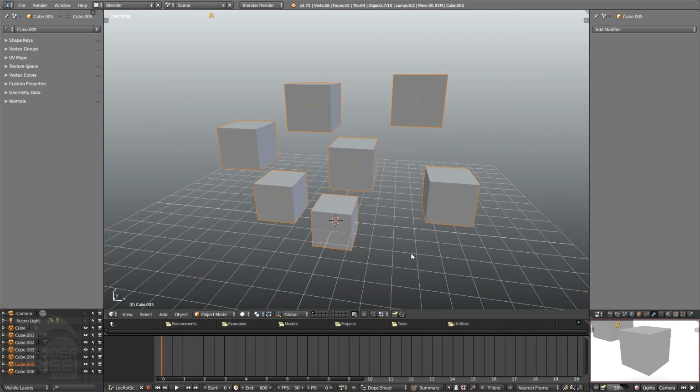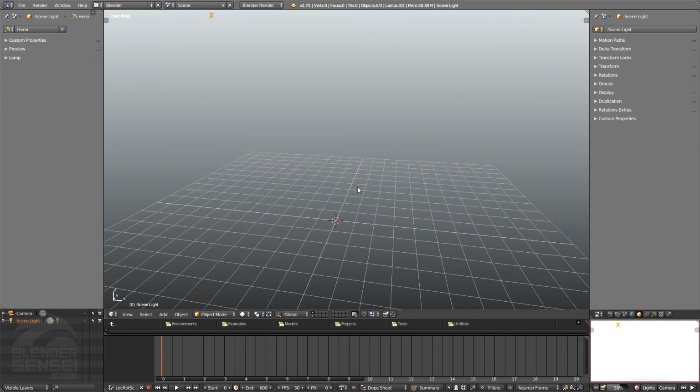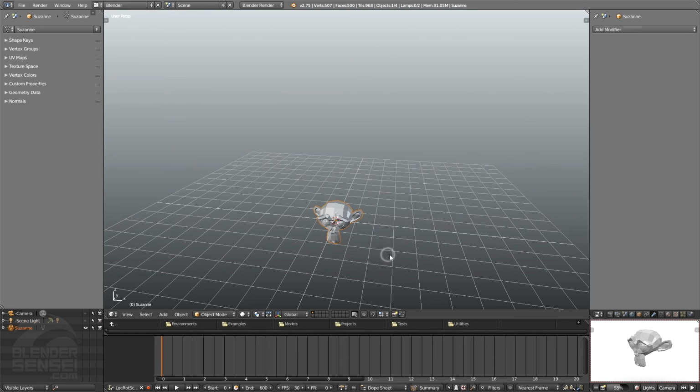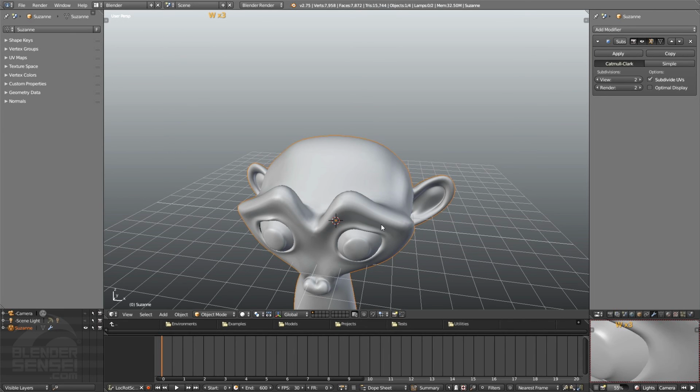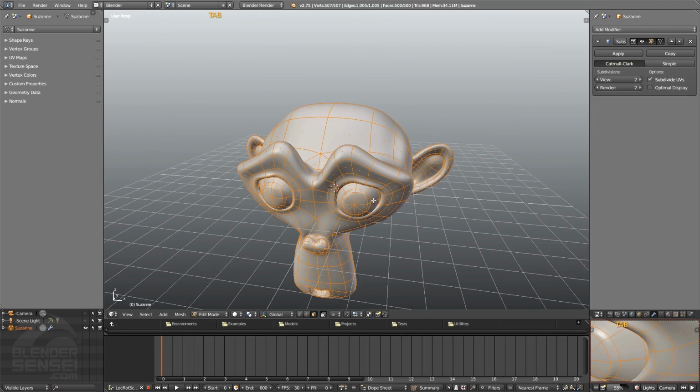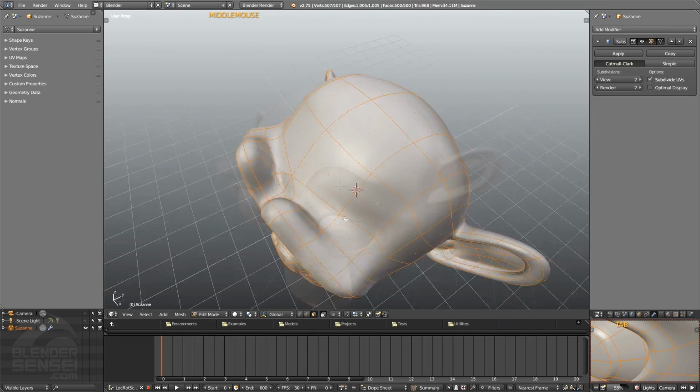So let's tap A to select everything, X to delete it all, press Shift A to bring up our add menu, and under mesh I'm going to add a monkey head. Then I'm going to press S to scale this up a bit and tap W a few times to give it some smoothing. Okay, so if we press tab to go into edit mode now,